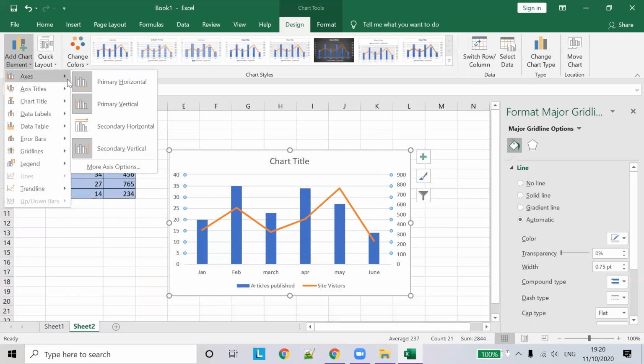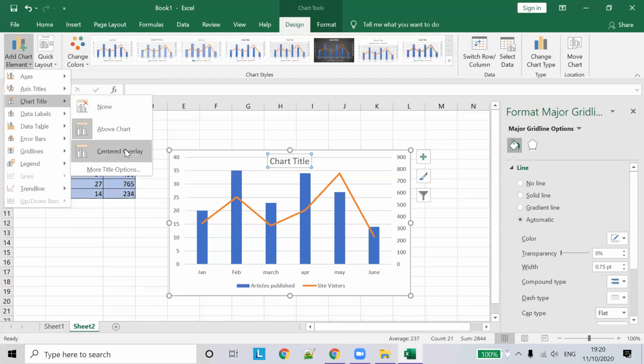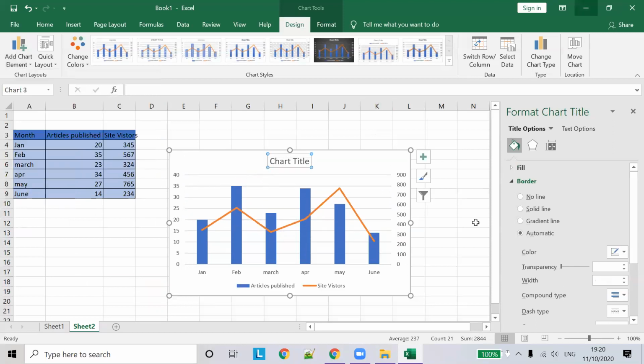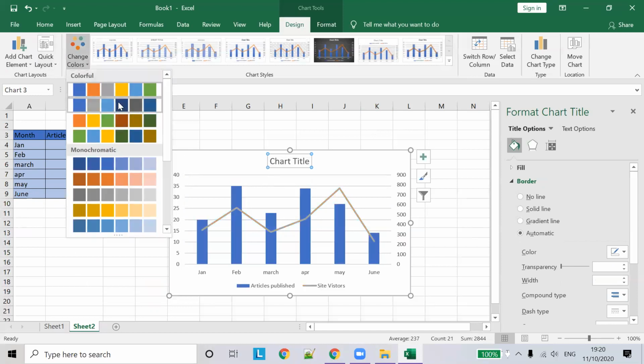So you can choose all those axes and all the other chart elements here. If you want a chart title here, above or centered overlay, all these different options can be used here.